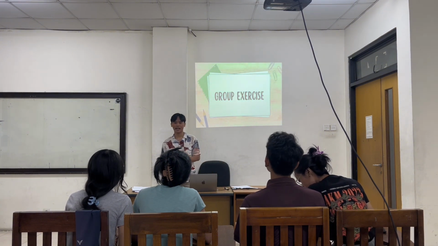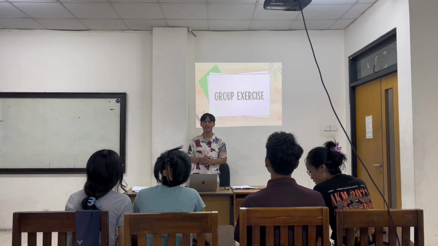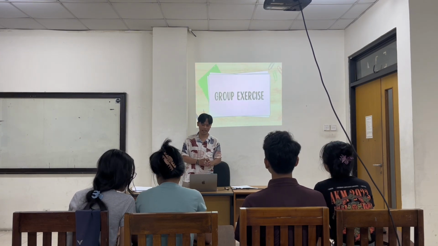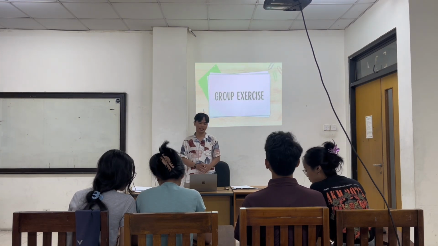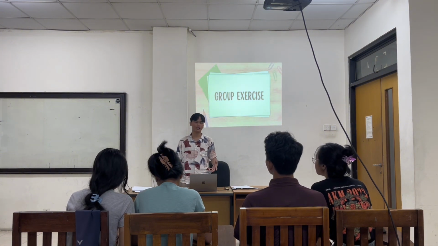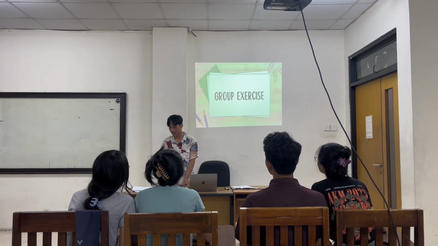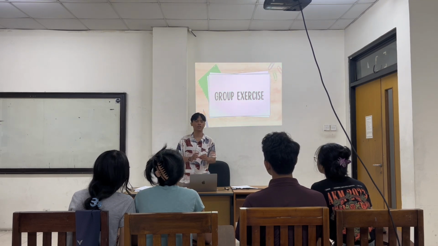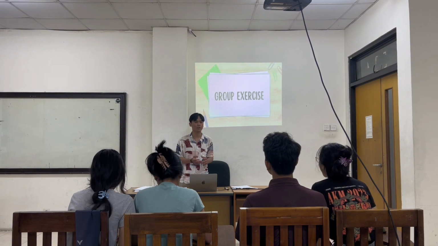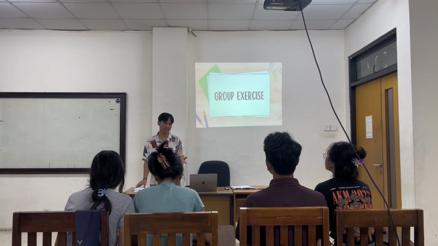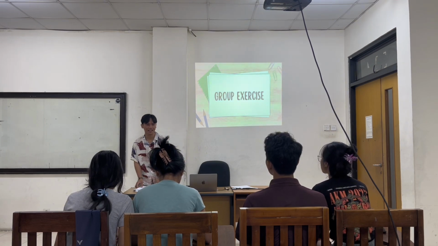And next I want you to make groups. I think Reina and Nanda will be the first group, and Steffi and Alfian will be the second group. So we will work in a group for now. For your group activity, I will give you another worksheet. This worksheet needs you to identify what's wrong with the sentence and also give the reason why it is wrong. So it tests your understanding in depth. Okay?